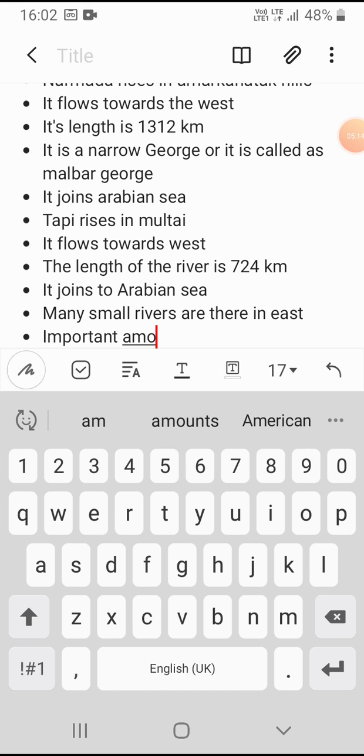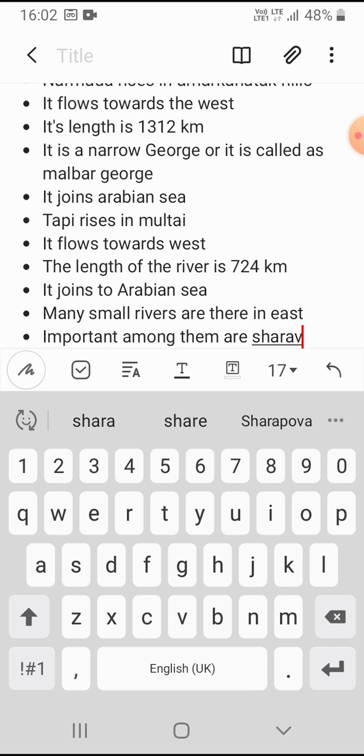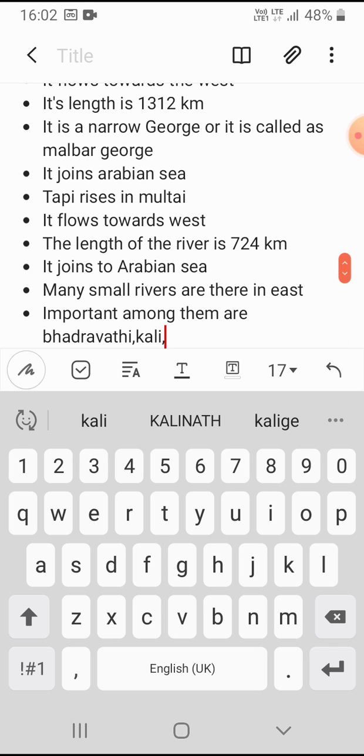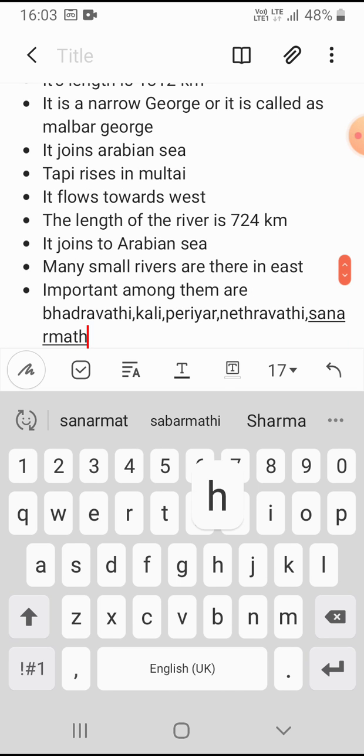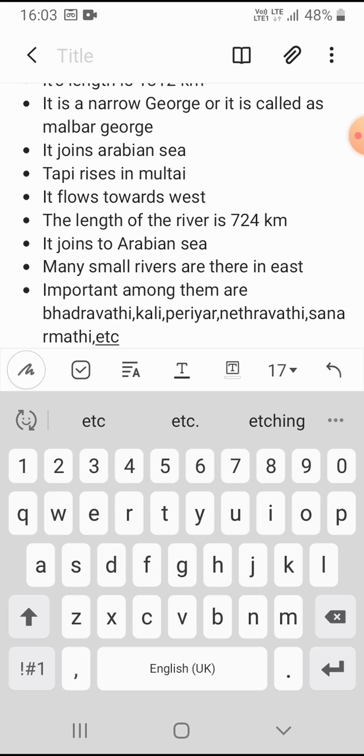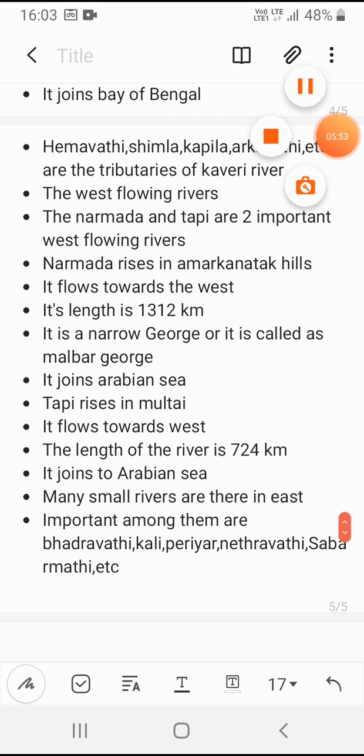Important among them are Sharavati, Kali, Periyar, Netravati, Sabarmati, and some other rivers. These are the shortest rivers, and important western rivers. So, next topic is